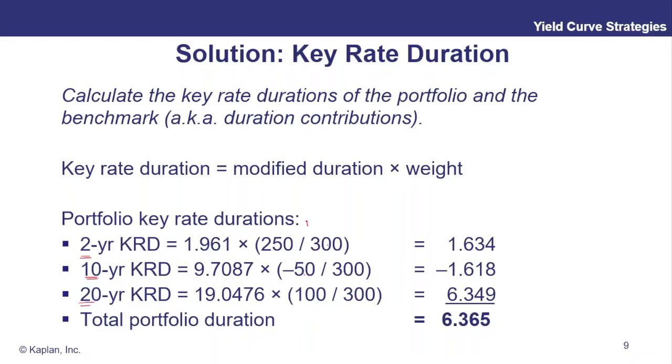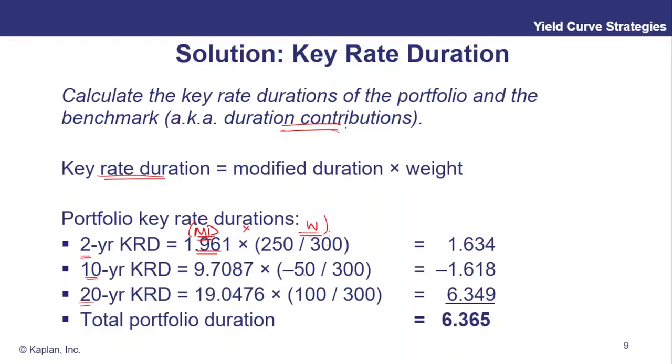So these are the weights, and we're multiplying these modified durations of the cash flows by their weights. These are actually duration contributions. Your contribution to duration is weight times modified duration. And that's also, by definition, your key rate duration, because it's your portfolio's sensitivity to a unit move in rates, since you're scaling the cash flow sensitivity, this modified duration, down by the portfolio's allocation